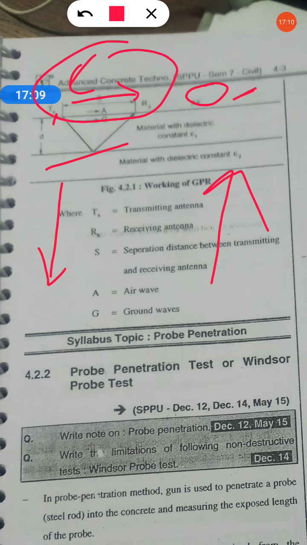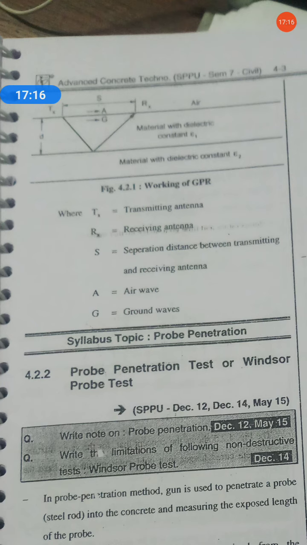And A is the air wave, and G is the ground wave here. So in between the air wave and ground wave you place this equipment, this tool, and there will be two antennas, a receiving antenna and a transmitting antenna, with some standard distance between them.